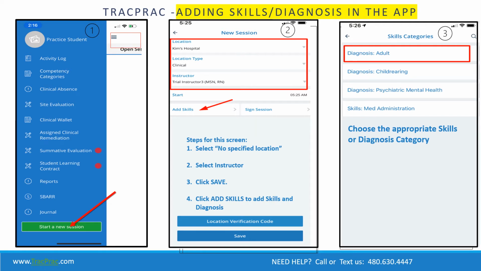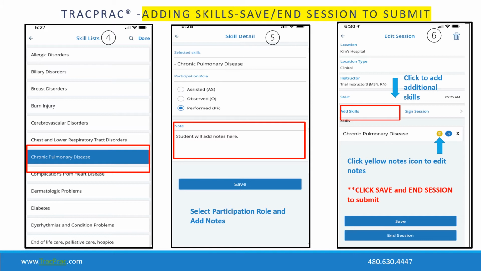They can come back at the end of the day or during a break, post-conference, or debriefing, and they can add their skills and at least one diagnosis that they performed that day. They simply need to hit the Add Skills button and select from our skills categories. By choosing a diagnosis category, they will be able to simply tap on the screen and select a diagnosis. They can add as many as they like. They can also select a skills category and add skills in this same way. Once they're done adding their skills or diagnosis, they will hit the Done button at the top of the screen